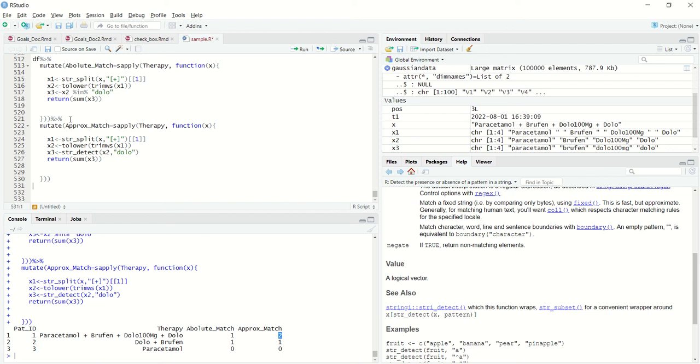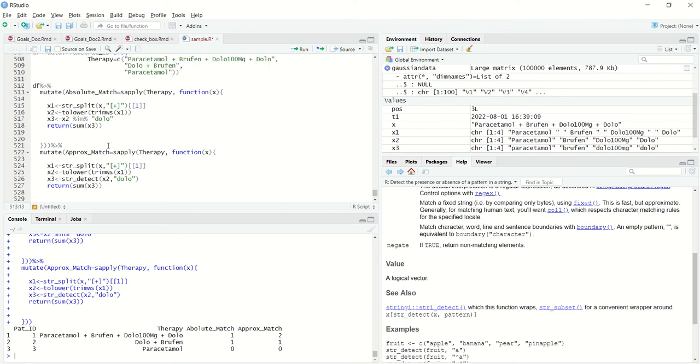So using this example we got to know how we can do absolute and approximate match in text. This is very important because in certain cases we want to find out whether the drug is used as a monotherapy or a combo therapy. In those cases, absolute match and approximate match